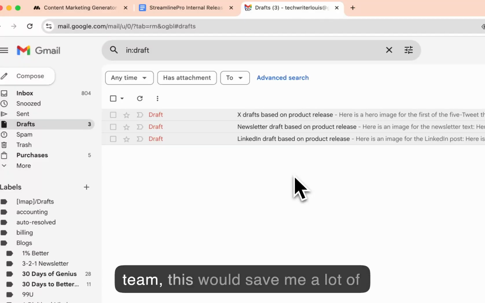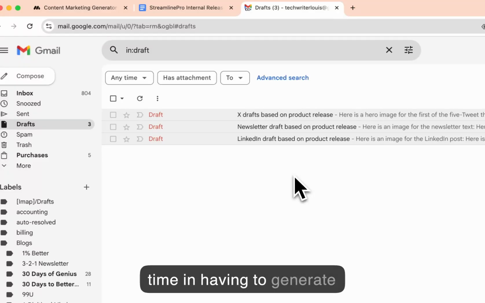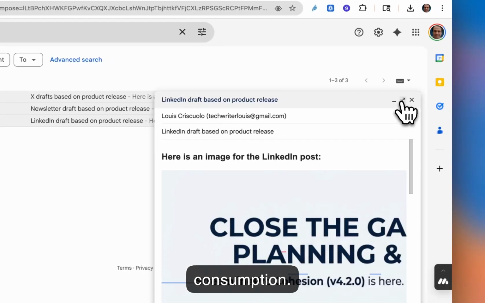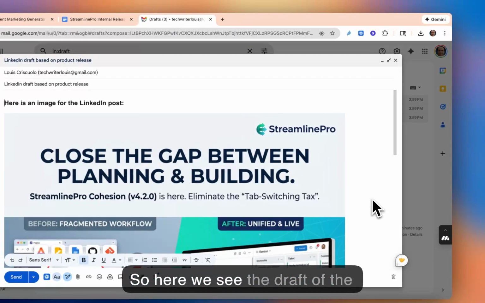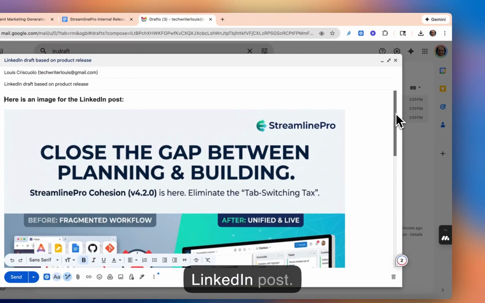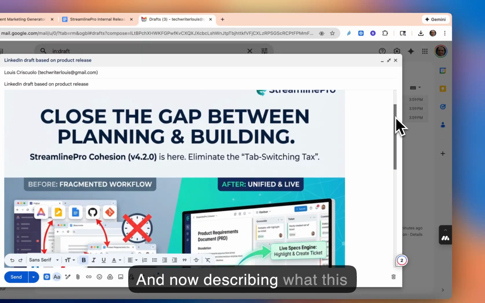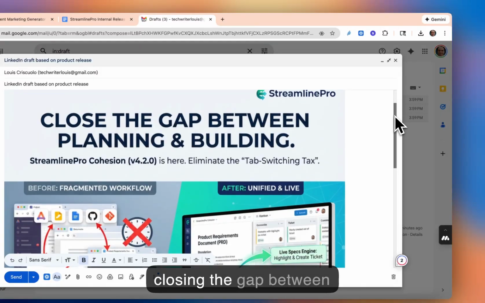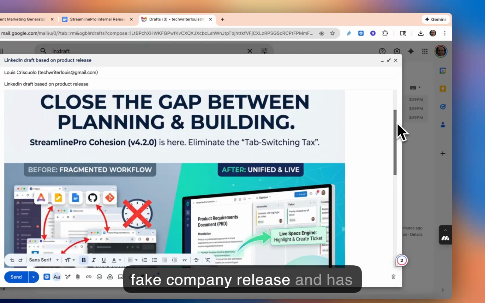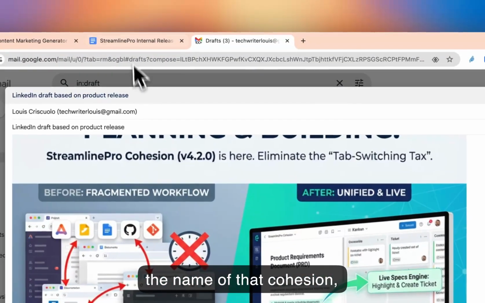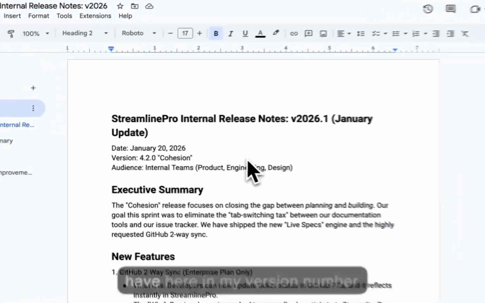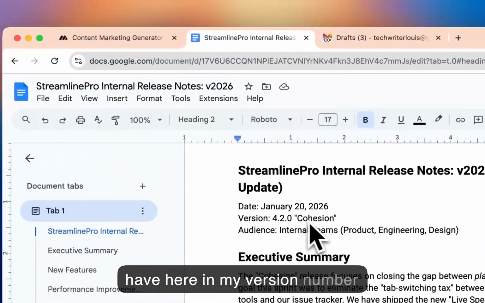If I was a small marketing team, this would save me a lot of time in having to generate content marketing material based on my product team's release notes for internal consumption. So here we see the draft of the LinkedIn post. Here's my company logo, or my fake company logo. And now describing what this release does, closing the gap between planning and building for my fake company release, and has the name of that cohesion, which is the same thing that I have here in my version number,